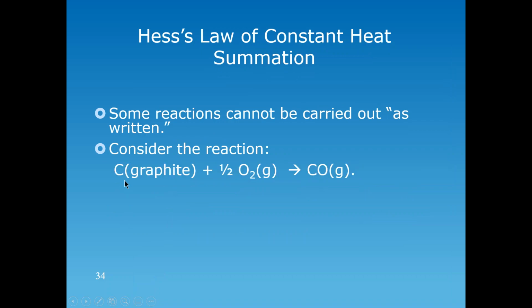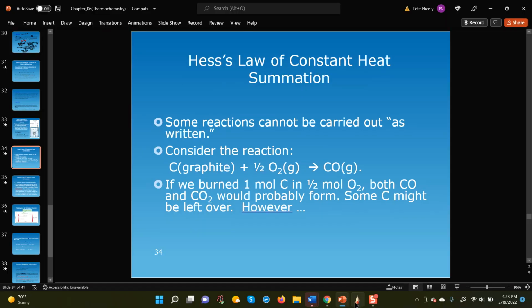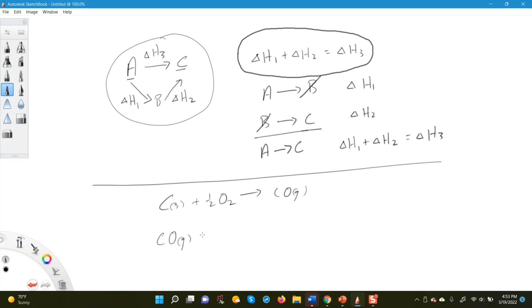So in other words, let me go back to my writing pad here. Even though we know that carbon solid will react with oxygen to form carbon monoxide gas, you can also have the possibility of carbon monoxide gas reacting with another half mole of oxygen to form carbon dioxide. So the point is that it's very difficult to stop the reaction at this stage, because as long as you have more oxygen present, the carbon monoxide formed in the first step will react with any more oxygen present to form carbon dioxide, right? So therefore, it's very difficult to determine the delta H value for the first reaction